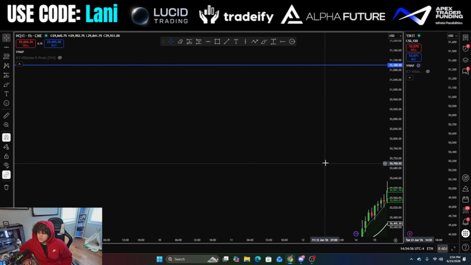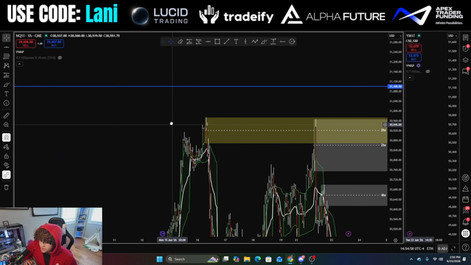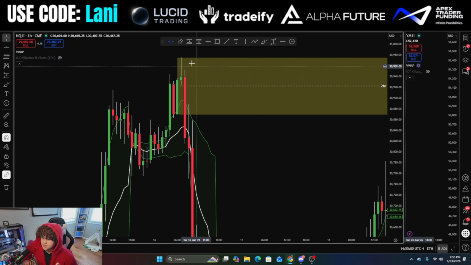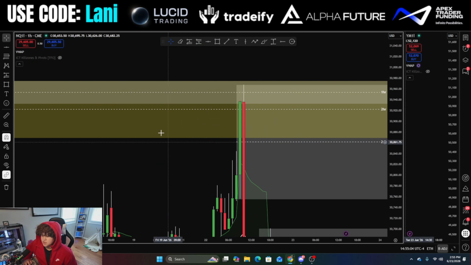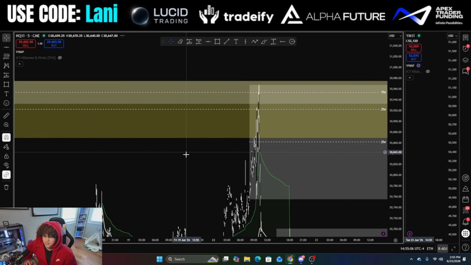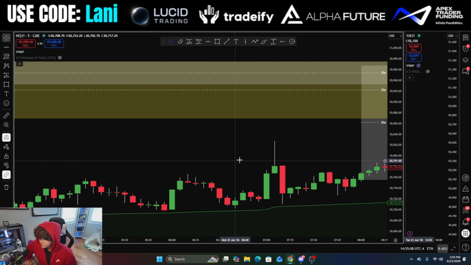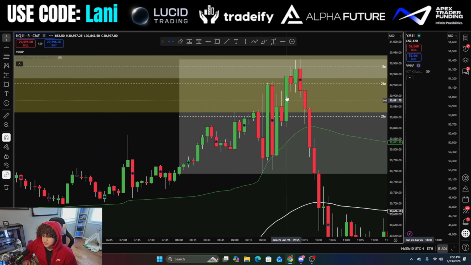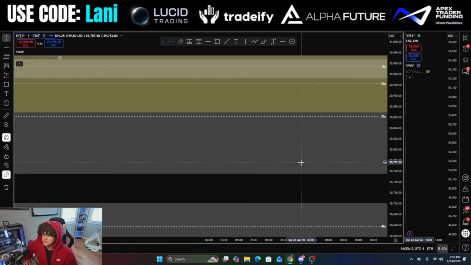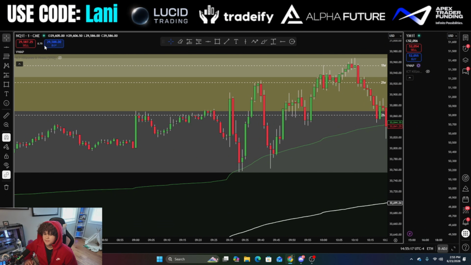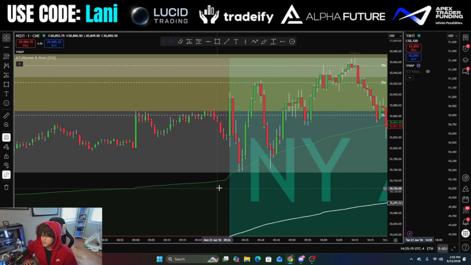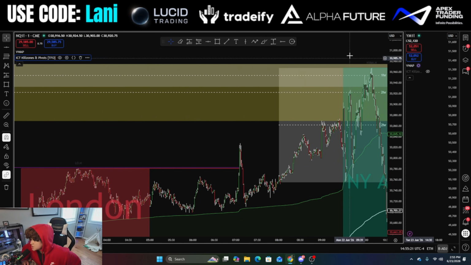Around this area as well, there was a 1-hour supply zone, which I'll mark out really quick so you can see what I'm talking about. But yeah, let's look at yesterday's trade. Yesterday was very quick. Yesterday was crazy. So yesterday the market opened up and we opened up around this golden zone that I